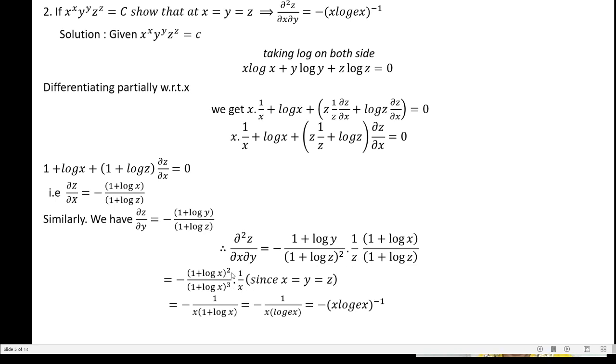The 1 plus log x whole square in the cube gets cancelled. We have 1 divided by x into 1 plus log x. This is equal to minus of 1 divided by x into log ex. We can write log ex because 1 can be written as log e to the base e. We have log m plus log n is log m into n, so log ex. Therefore minus into x plus log ex to the power of minus 1